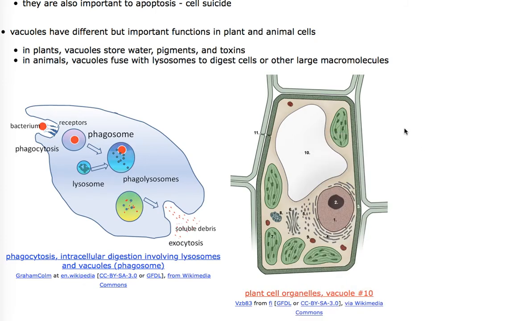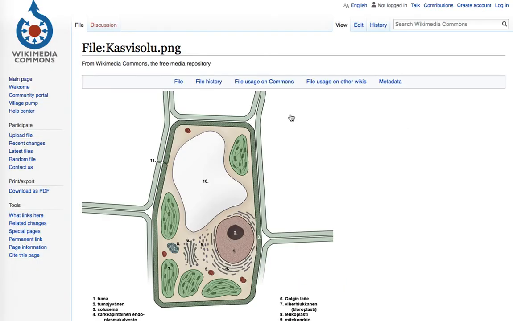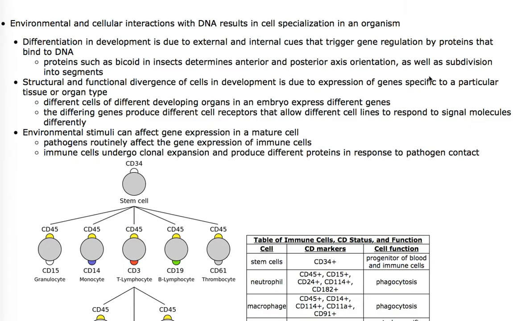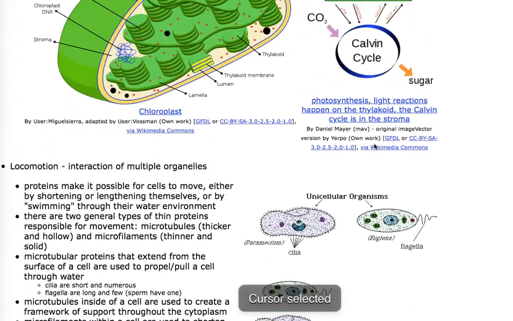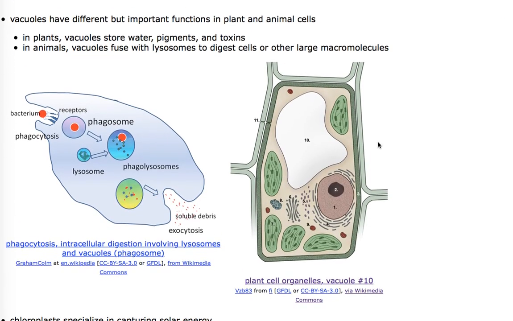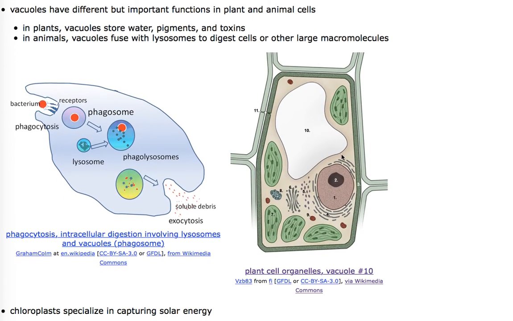In plants, the vacuoles like this store essential enzymes for some parts of the cell. They also store pigments for parts of the cell, and some toxins are stored in here that otherwise would harm things in the cytoplasm. Let's see, now that brings us to the next organelle, which is